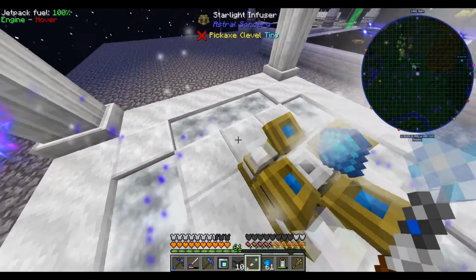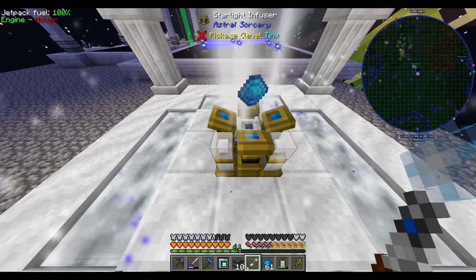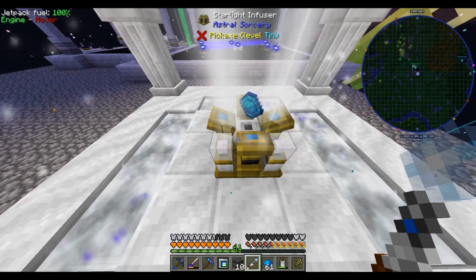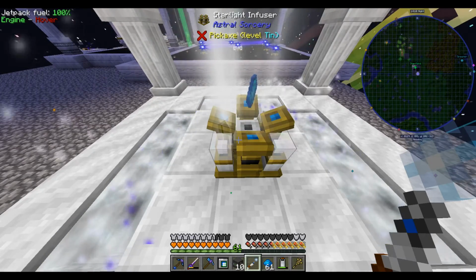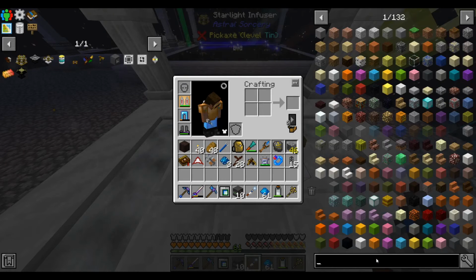First, you can just have a fluid placer on top of each of these blocks pointed downwards. As soon as it gets used up, it'll place a new bucket there. That's a good solution. It works. However, in Astral Sorcery,